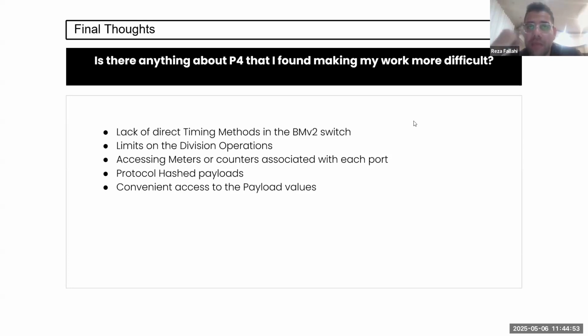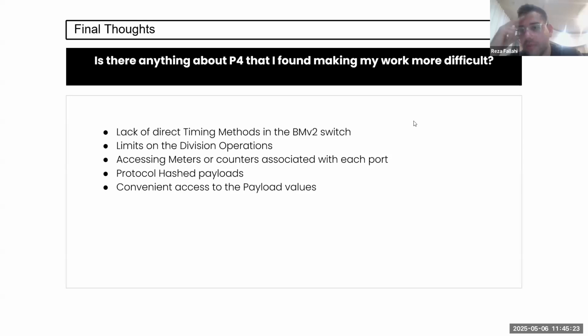For example, when I was trying to get some kind of timing information, I had to do some kind of tricks and get my information through the packets. It would be great to have some kind of thing. Maybe there's something implemented and I'm not updated, but I would be glad to know if anything is implemented.